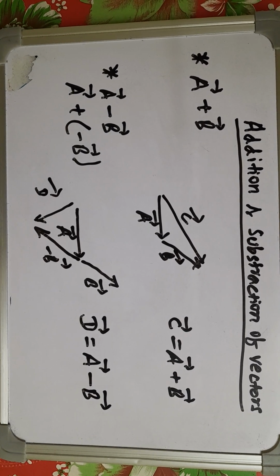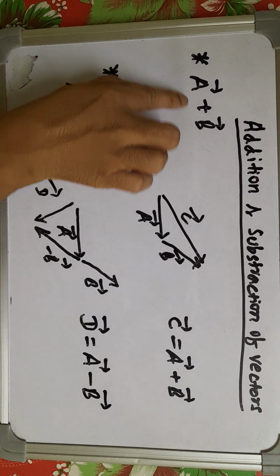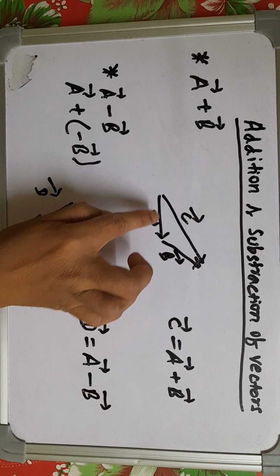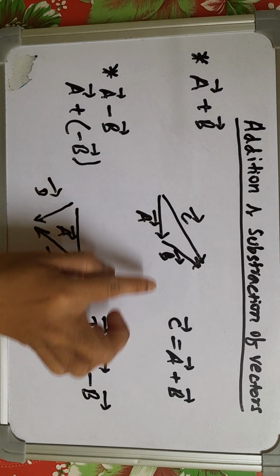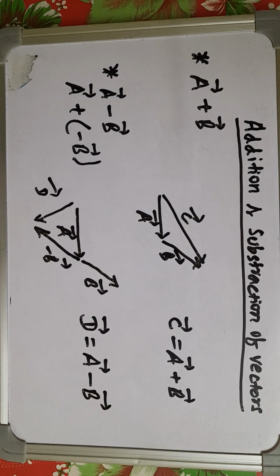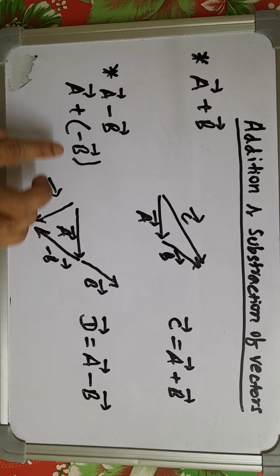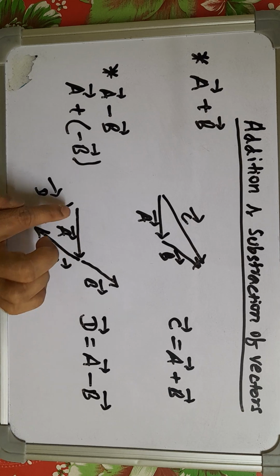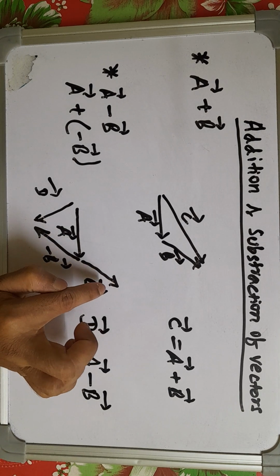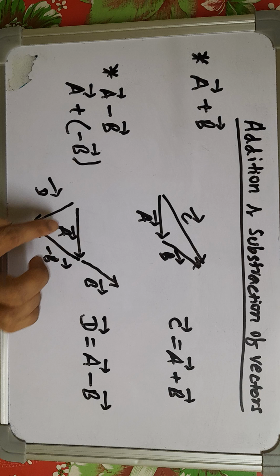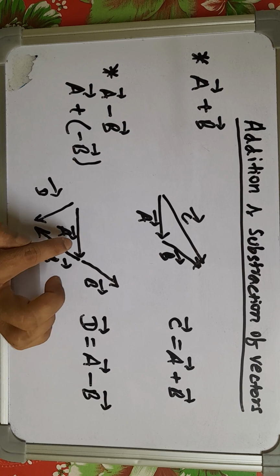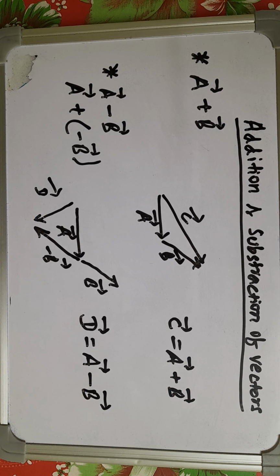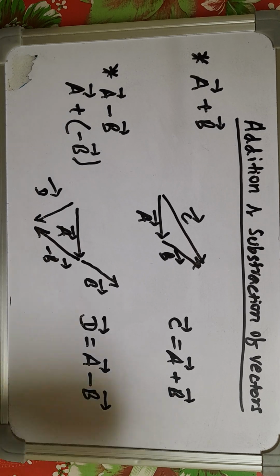So in addition and subtraction of vectors, what we see is that a vector plus b vector, if it is represented by two sides of a triangle in the same direction, then the third side in the opposite direction will be the resultant. So C will be a vector plus b vector, and a vector minus b vector is not subtraction, it will be a vector plus minus b vector, because plus minus is minus. So this a vector remains the same, this b vector is in this direction, so minus b vector will be in the opposite direction. So a vector plus minus b vector is equal to d vector. So d vector is equal to a vector minus b vector. Okay, now